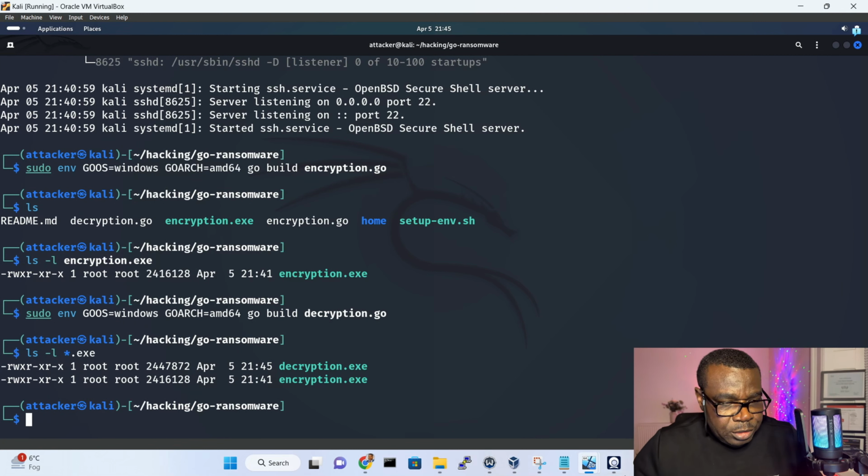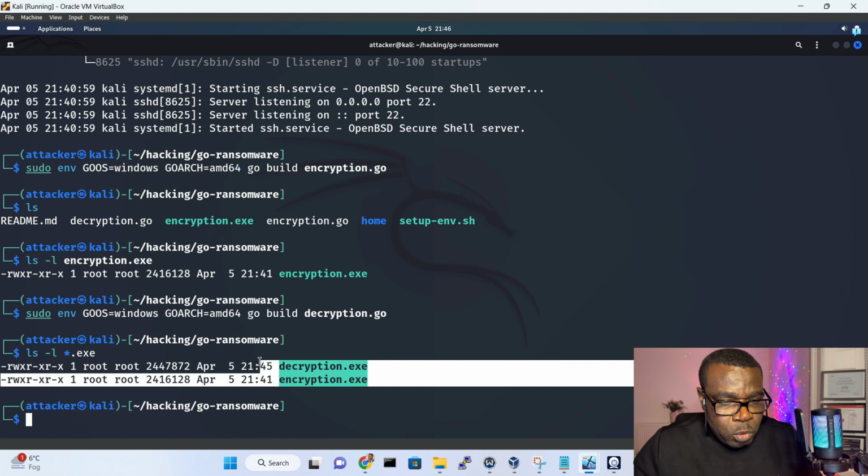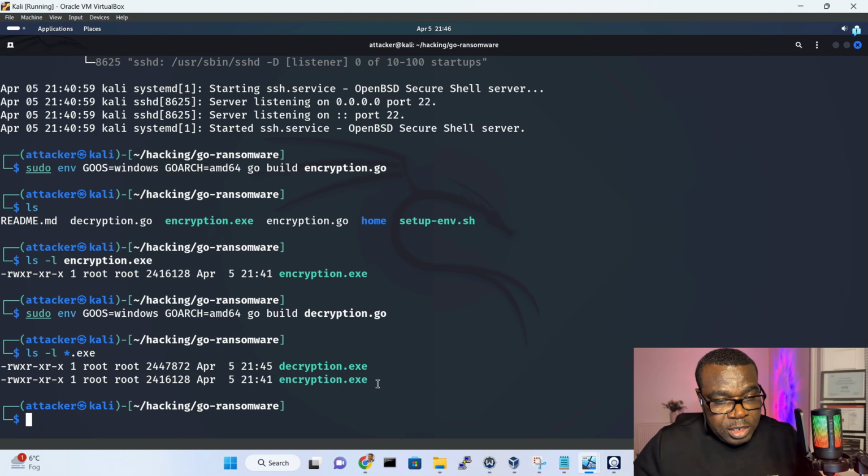Now the files have been compiled, instead of encryption.go and decryption.go, to encryption.exe, and the same thing for decryption. That is to enable it to run on a Windows machine. So the next thing we want to do is